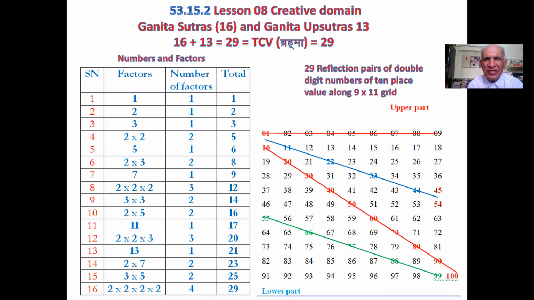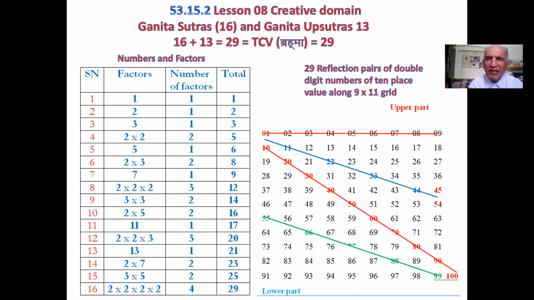There are 16 sutras and 13 Upsutras. These together make value 29. And this value 29 is parallel with the TCV of formulation Brahma. Now, if we